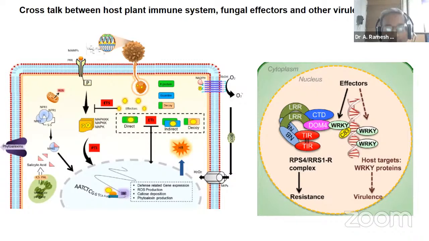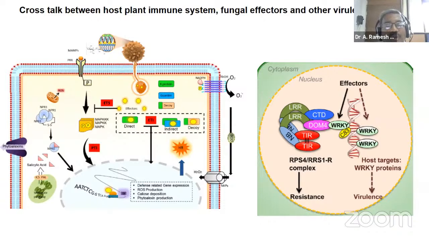See, crosstalk is a very important component, particularly when the plant and the pathogen interact, because during the course of coevolution, the pathogen has its own metabolites or its own mechanisms by which it can surpass or circumvent the host resistance. To name a few are the effectors, the PAMPs, and so on and so forth.